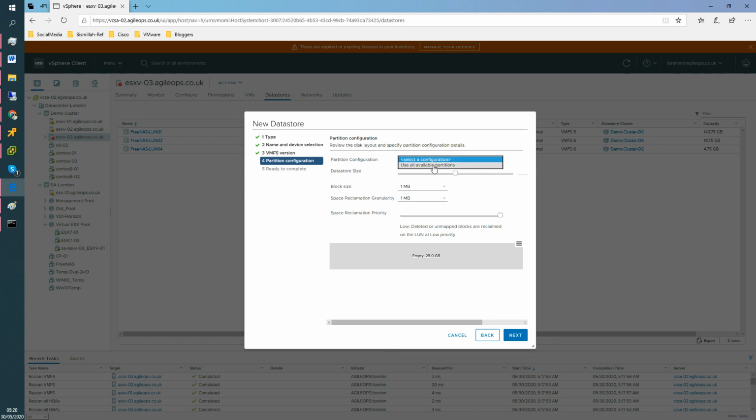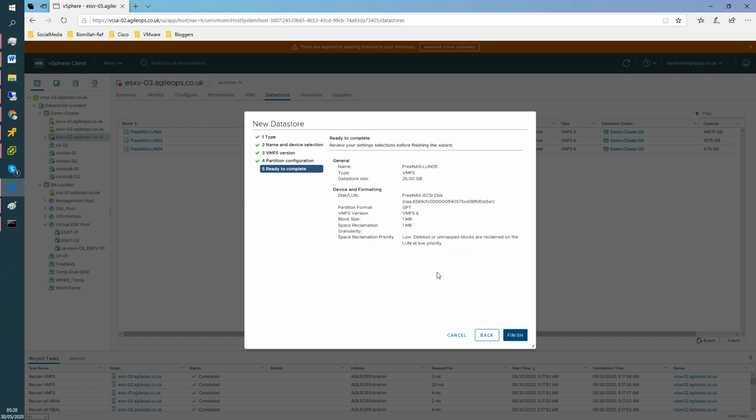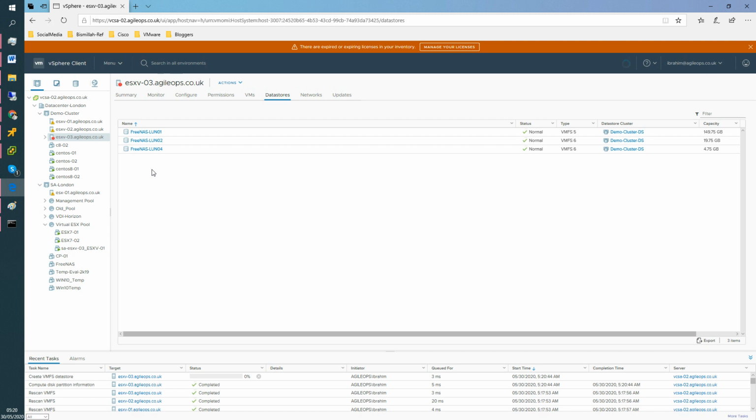Well, we can extend it from the back, use all of it for now, because I saved 10 gig already on the FreeNAS, so I can extend it from FreeNAS and we can do a quick rescan. So finish. Now you can see 25 gig storage here, which is ready to be added, and you just click on finish, and then you should see it come up. As you can see, it's creating VFS file system,